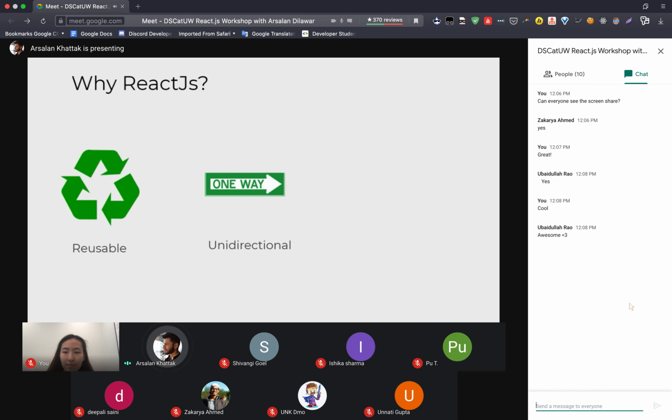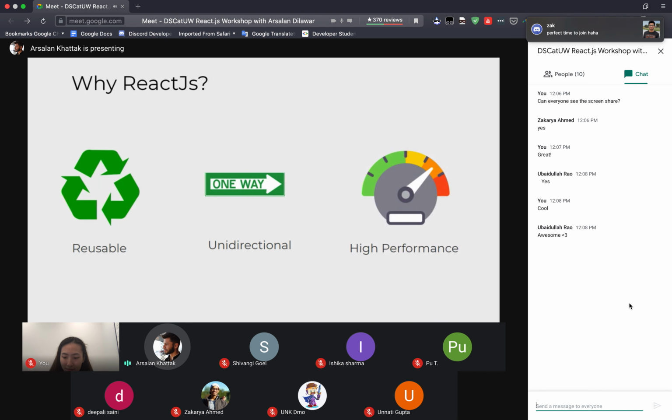So it's like nested components. The flow of the apps, the flow of all the states and properties, is unidirectional, which means that it goes into the nested components area. So it has this parent and child relationship, and all the data, props, and states flow towards the nested component. So that is unidirectional. And the last but not least is high performance.